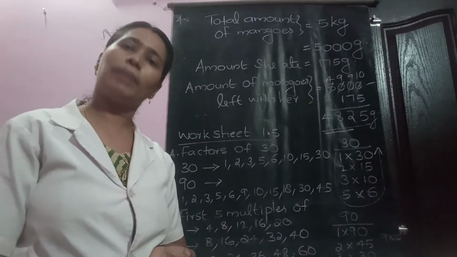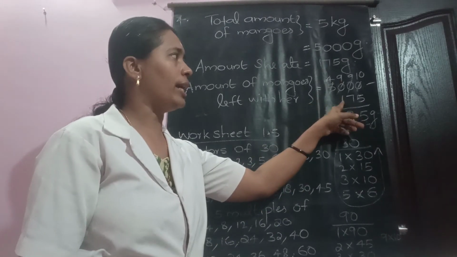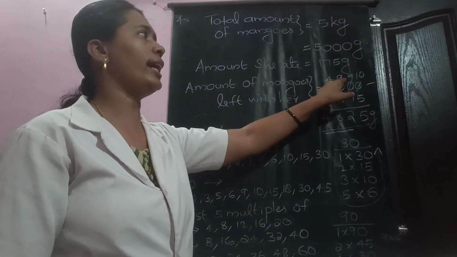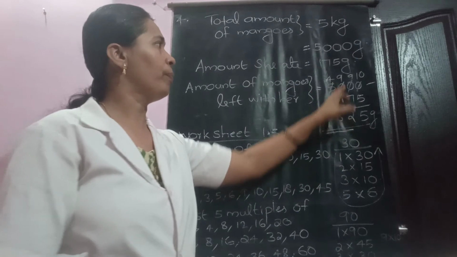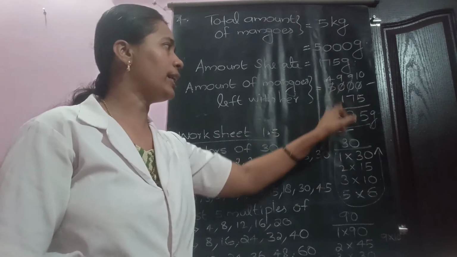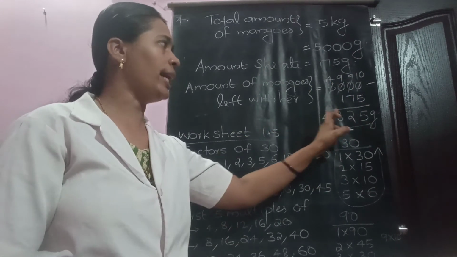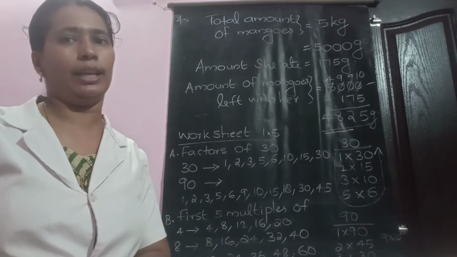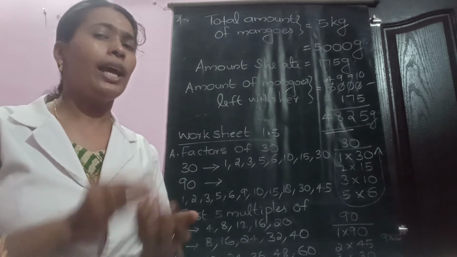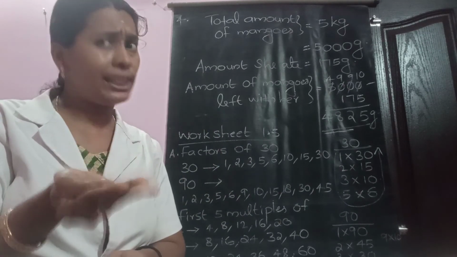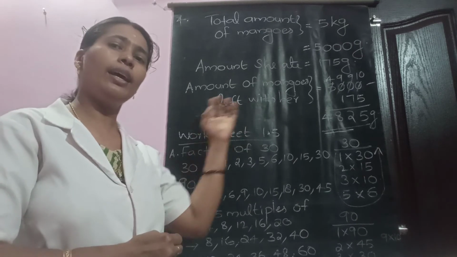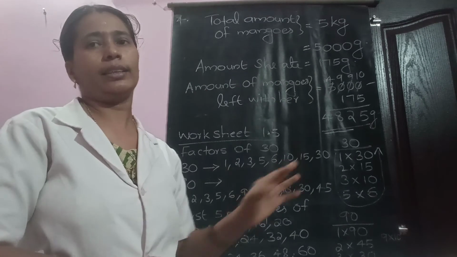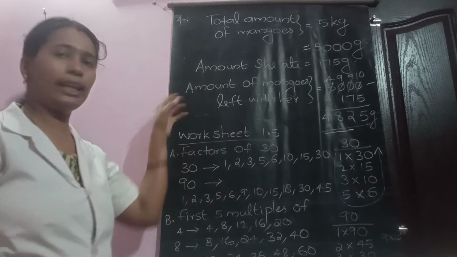You just subtract 5000 minus 175. Same as borrowing. Start from here: 4, 9, 9, 10. 10 minus 5, 5. 9 minus 7, 2. 9 minus 1, 8. Then 4. 4825 gram mangoes left with her. Total 5000 gram, among this she ate 175 gram. So to find the weight of left mangoes, just subtract. Is it clear? So that worksheet has completed.